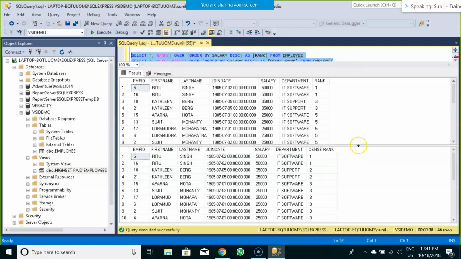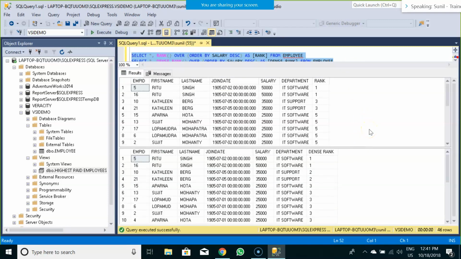Now you tell me what's the difference you see over here. There is only one difference, to give you a hint: the ranking sequence. Yes, that is the difference.